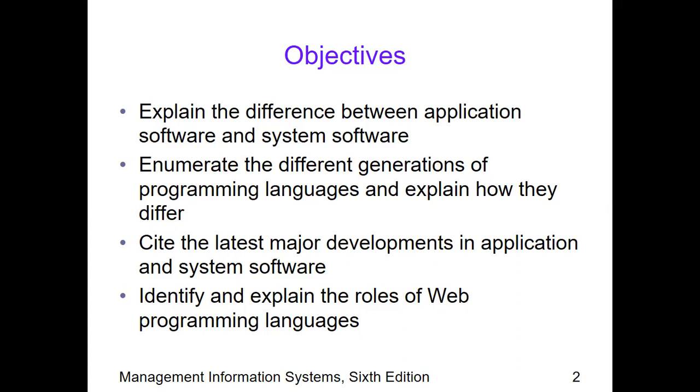Next will be to cite the latest major developments in application and system software, which are the two types of software. Then identify and explain the roles of web programming languages. There are languages with which we create programs, and they're also specifically for programs for the web. Then,